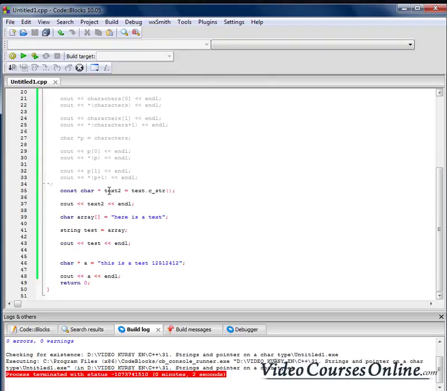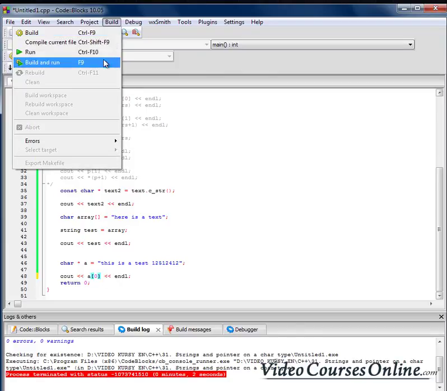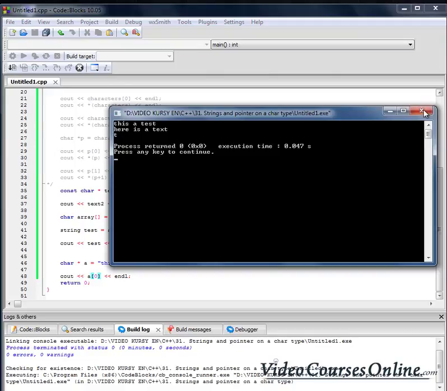Okay. And here we have just a pointer. We have an address to the first letter here, but this letter cannot be changed. So we can send to the output all those values easily, but we can't change the values here. Okay, so